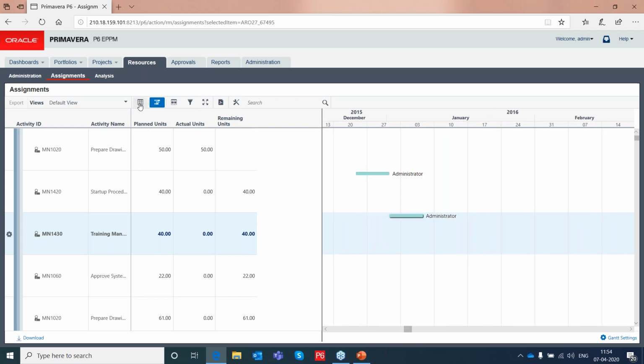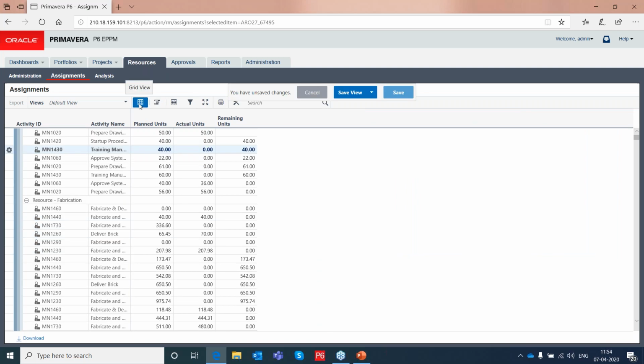right? I can also have a tabular view, right?